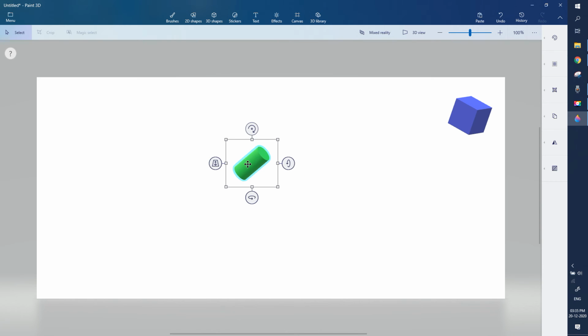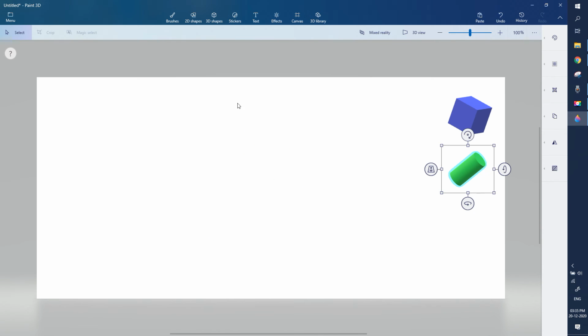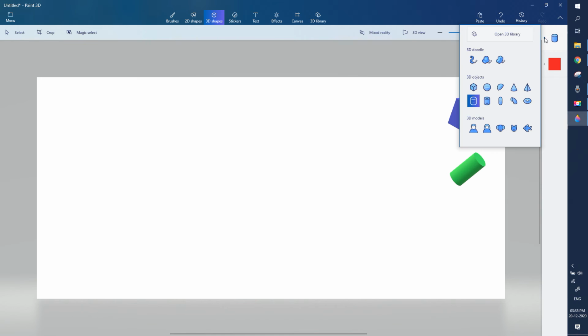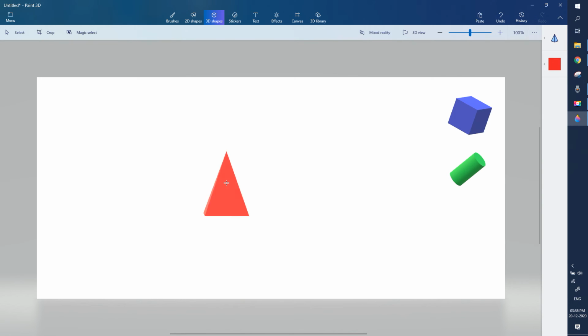Okay, let us take one more shape. I will change the color. This red looks okay. Now I will select square pyramid and click on the drawing area. Here we have a square pyramid.